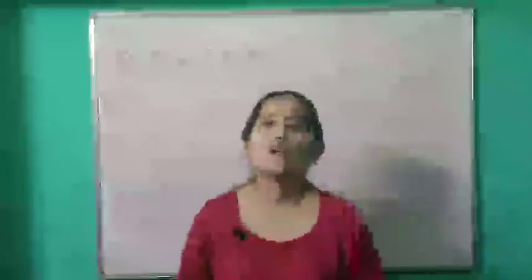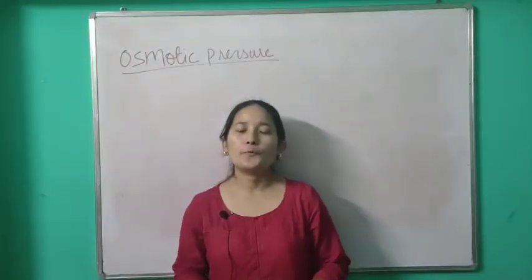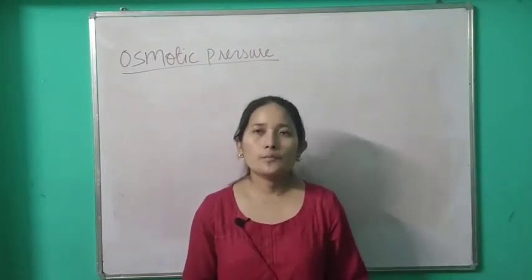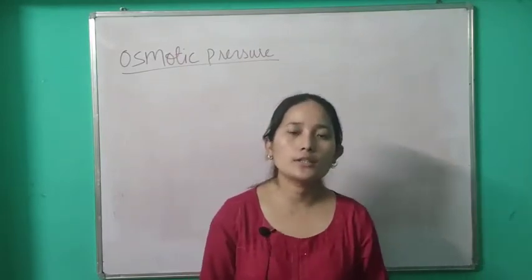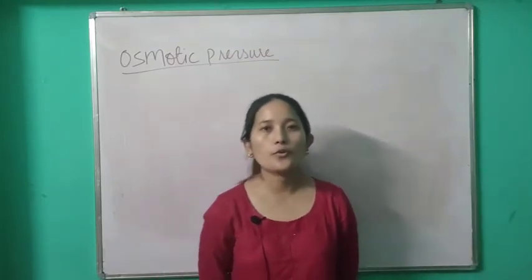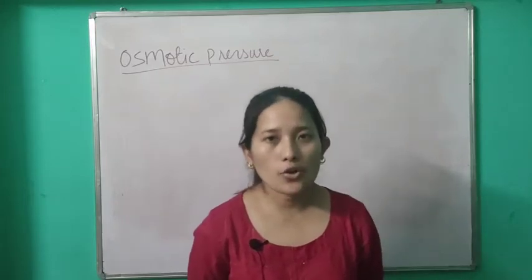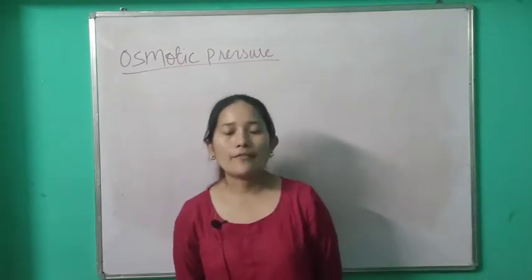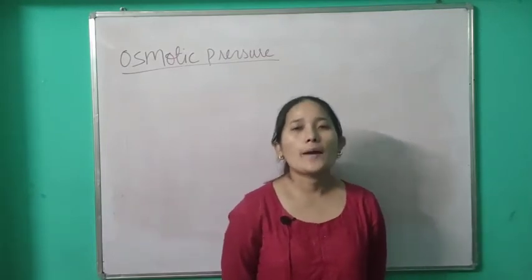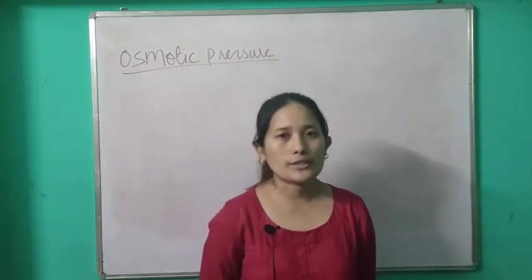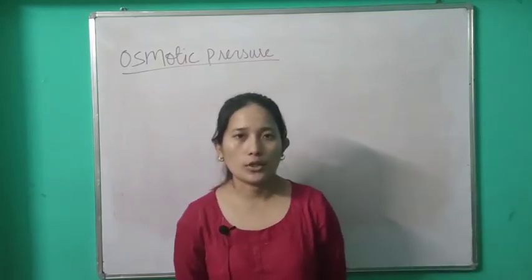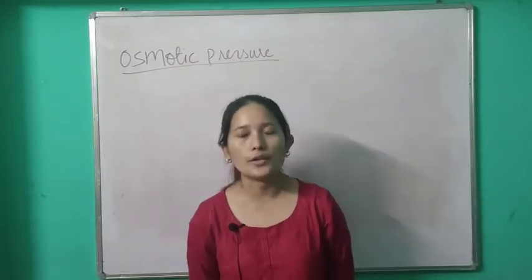Hello class. So in our previous video we were discussing chapter 4, absorption by roots. In that particular chapter we have already discussed characteristics of root which makes it efficient for absorption of water from the surrounding soil. In our previous class we have discussed a few of the processes with the help of which absorption of water by the roots takes place, that is diffusion, imbibition and osmosis. We will continue with osmosis further.